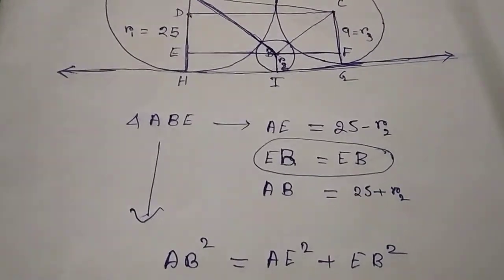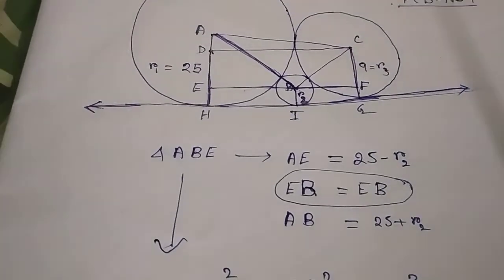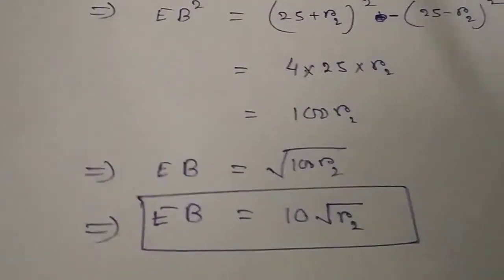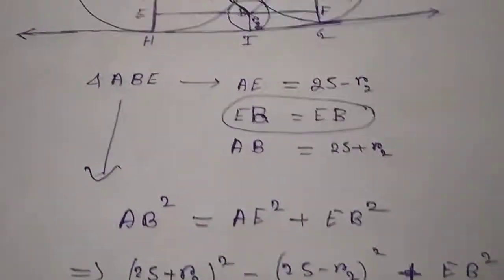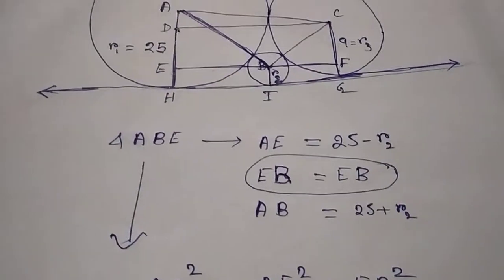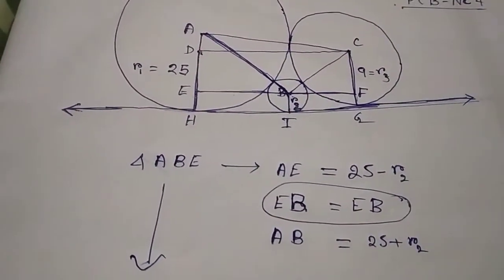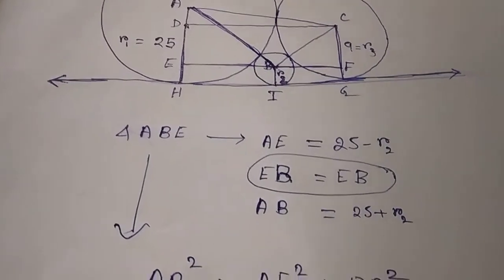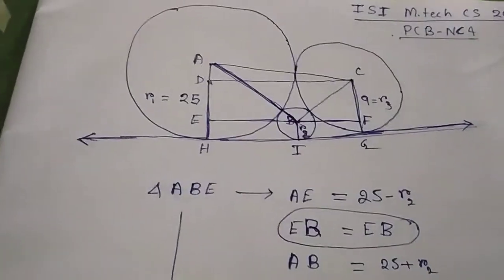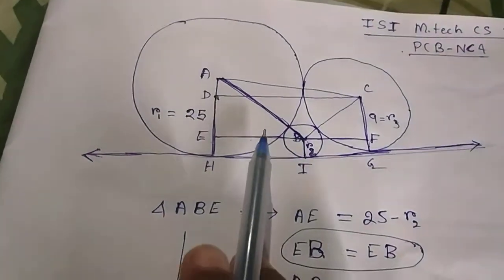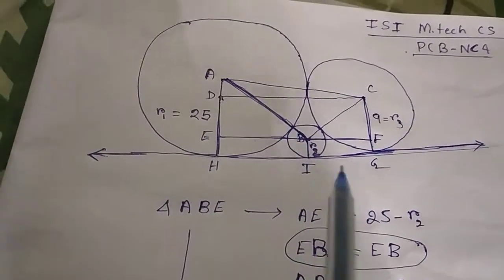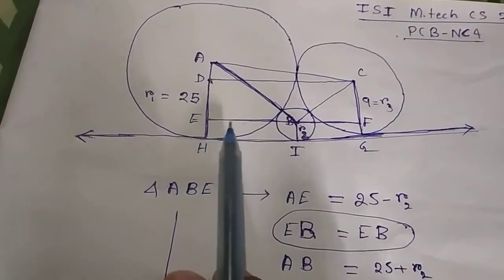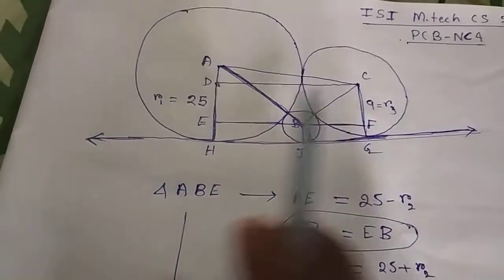Now you can try your own methods too. When you have this result, I think you can try multiple ways to get the solution of R2. Fine, let me try my own. Okay, I'll go with my idea, which is going to be find EB and BF and then DC and comparing them.